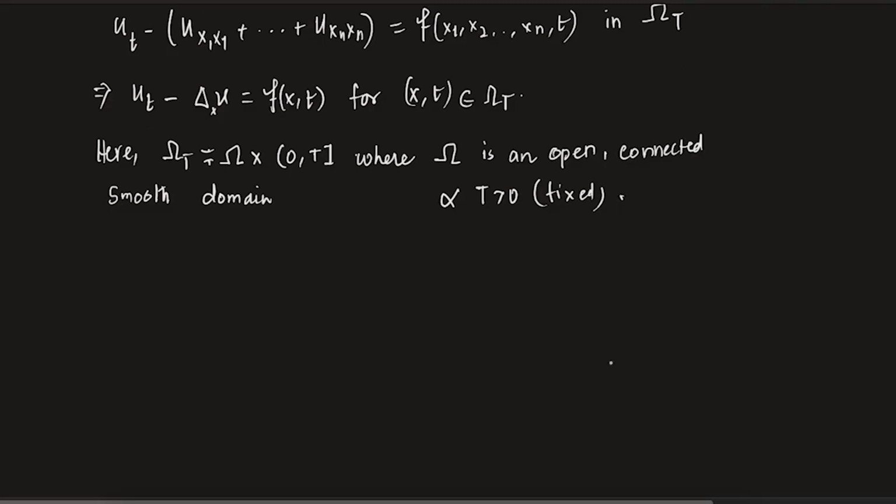So let us take up an example and see what this Omega_T means. Essentially, Omega_T is Omega, which is an open set. That's the important thing. Of course connected, smooth, all this is included, but the important thing is Omega is open, and t lies in (0, T], open at 0, closed at T. Please remember this. So what does that mean? Let's say that's your Omega. Let us draw a nice Omega. Okay, that's a nice Omega. Let's say this is the three-dimensional case.